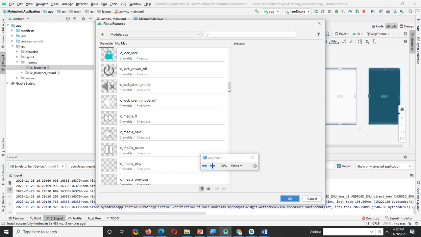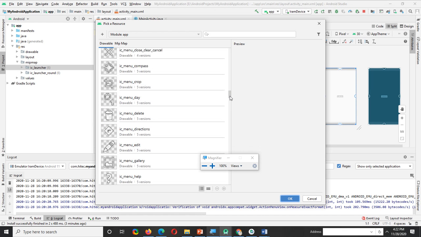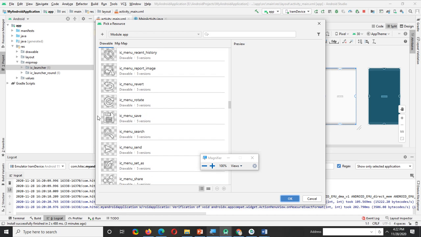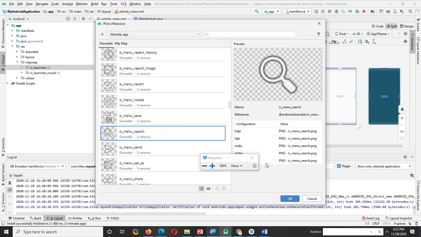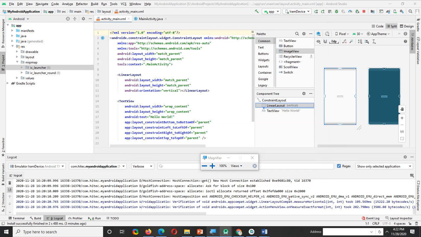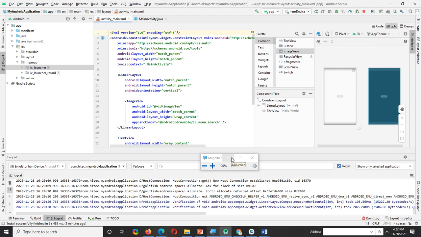Okay, they don't have the option here, but let's select any of the available icons for now. We will edit that later. Just select that, click on OK. Okay, now it has added the image view